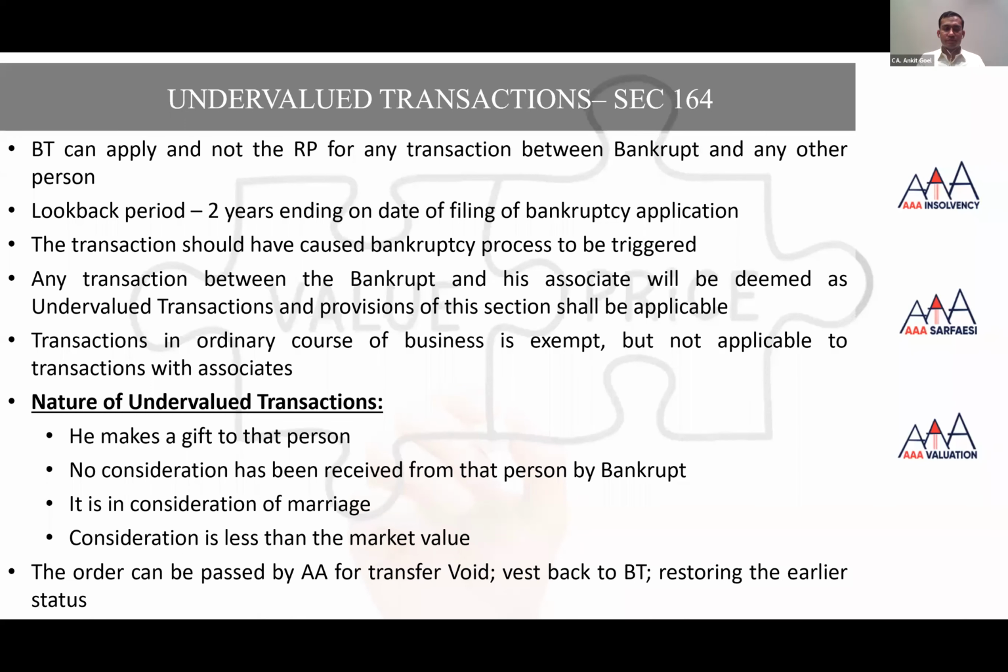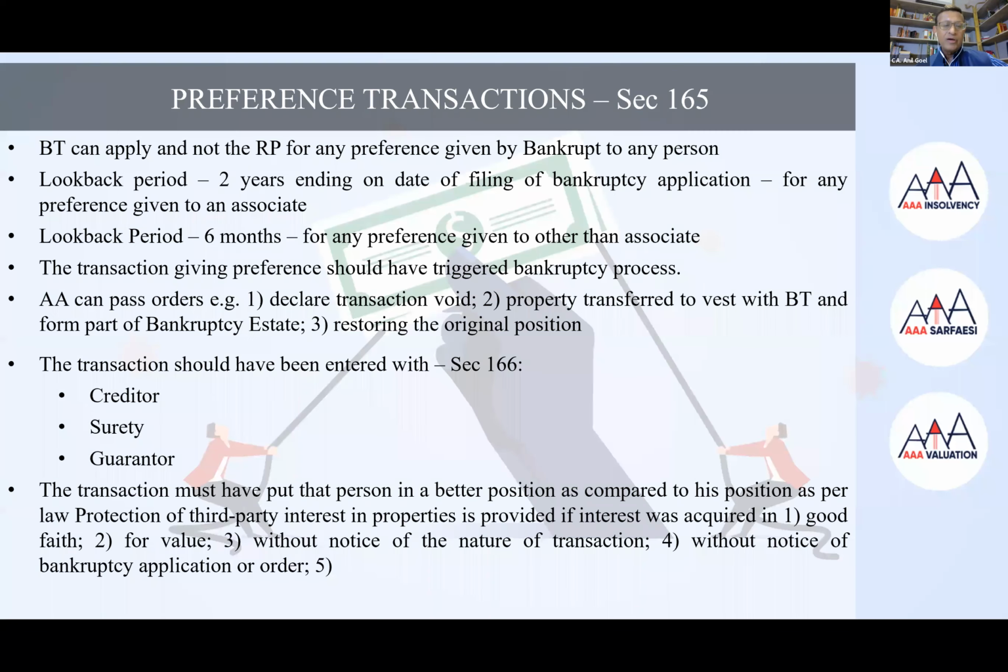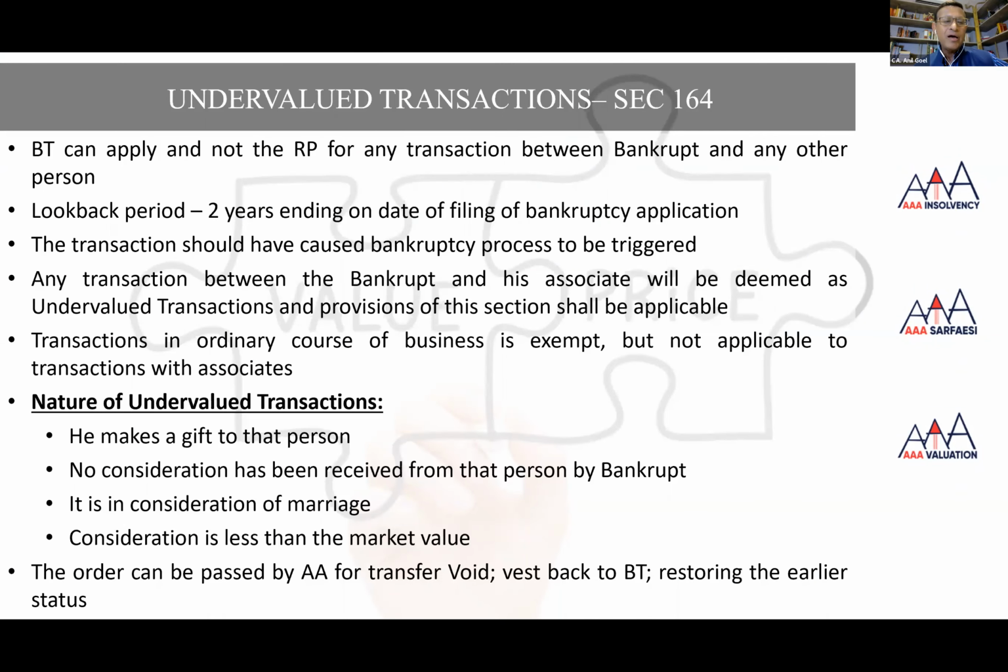Any question that comes to your mind, Ankit, regarding these undervalued transactions? What I'm trying to understand is, what does this mean? The transaction should have caused the bankruptcy process to be triggered, in both undervalued and preferential. And what kind of transaction would that be? I think the idea behind this clause is that